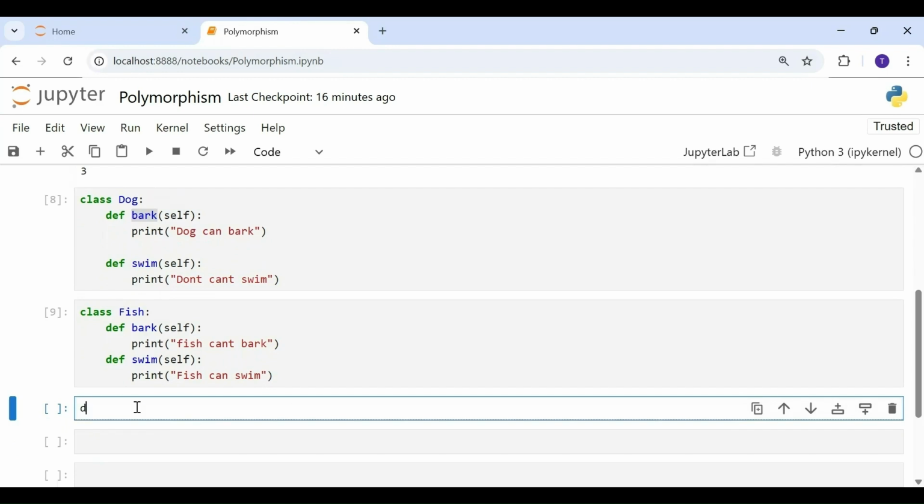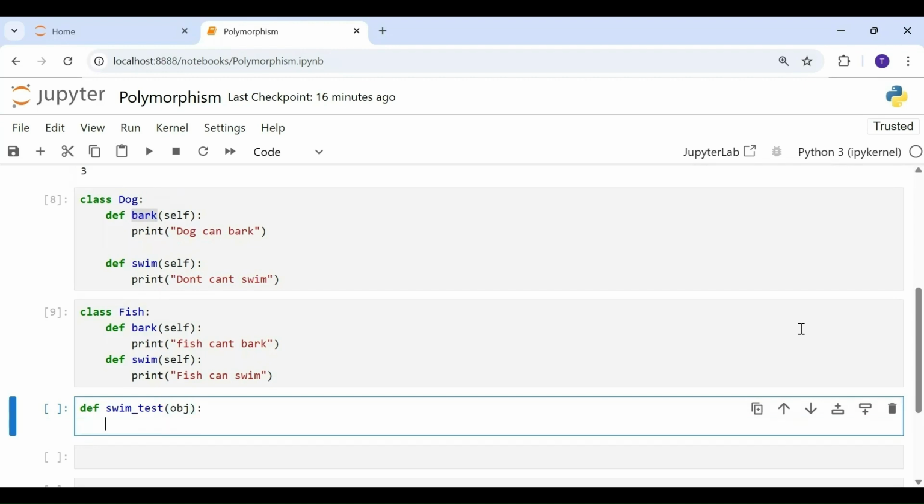So now let's see how we can apply polymorphism in this example. Let's create a function swim underscore test. It takes an object as an input. And then we are calling this swim method. So how do we call a method which is written inside a class? We give the object dot the method name.